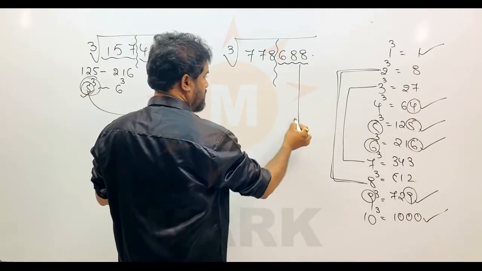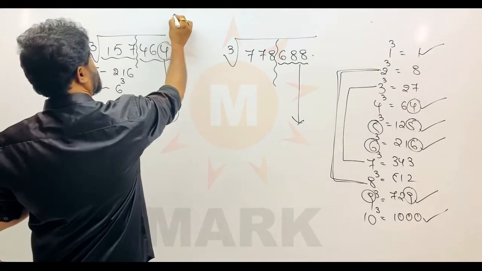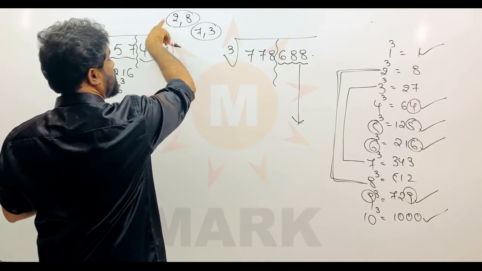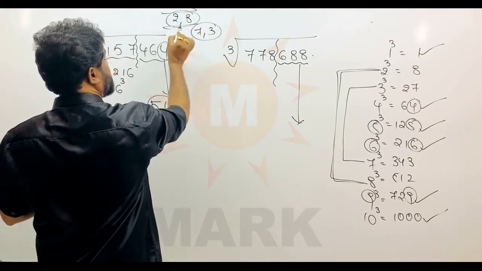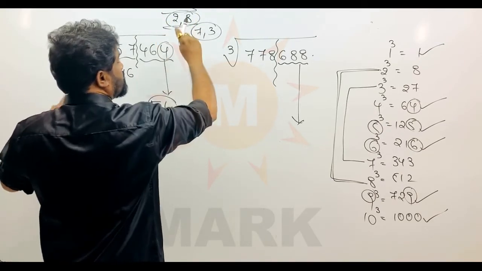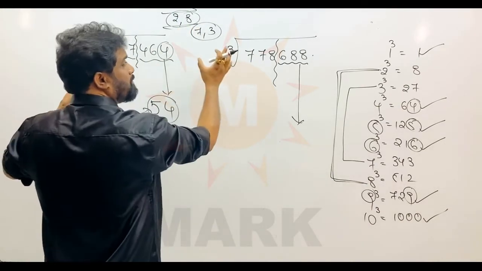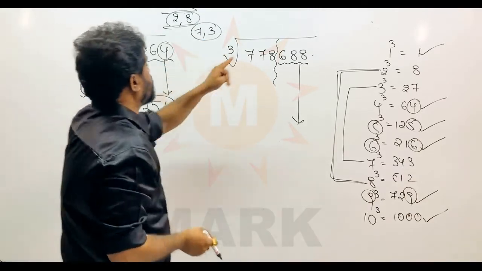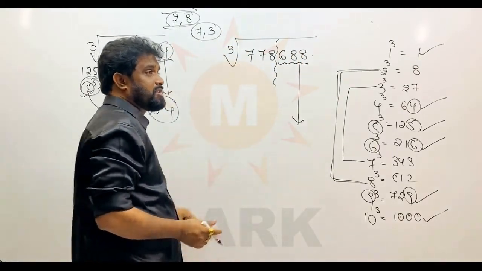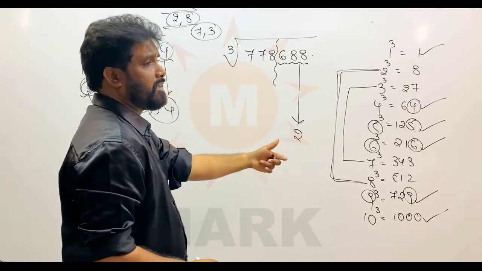Now this 8. So I said already there is a beautiful relationship between 8 and 2. So I said already 2, 8 is a set and 7, 3 is also a set. So ending with 2, cube it, in the answer last digit you will get 8. The vice versa is also true, right? So ending with 8, cube it, in the answer you will get 2. So same goes with 7, a number ending with 7, cube it, the last number will be 3. And vice versa is also true, a number ending with 3, cube it, in the answer you will get 7.